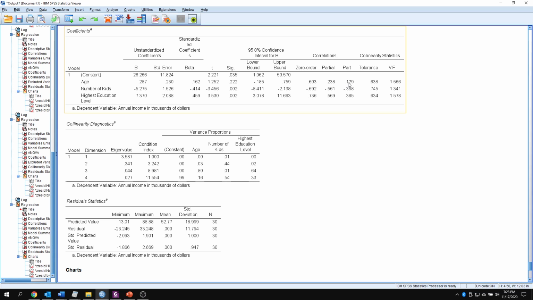If we go over to these correlations, these will tell us the amount of unique contribution that each one of these variables has to the variability in our outcome variable, income. And we can see out of the gate here, it's not surprising that our insignificant variable of age contributes the least amount at 0.129, and that our highest contributor is highest education level at 0.365, and our second highest is number of kids at negative